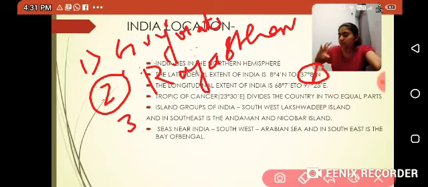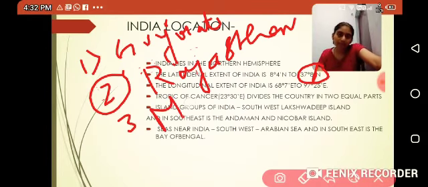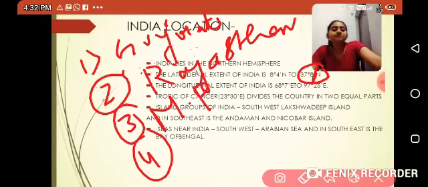Okay, don't make the mistake of writing Tripura first instead of Gujarat, because we are moving from west to east. So you don't make a mistake. Just start from the west, go in a series, in a sequence. After Gujarat is Rajasthan, then MP, then at the fourth you have Chhattisgarh,